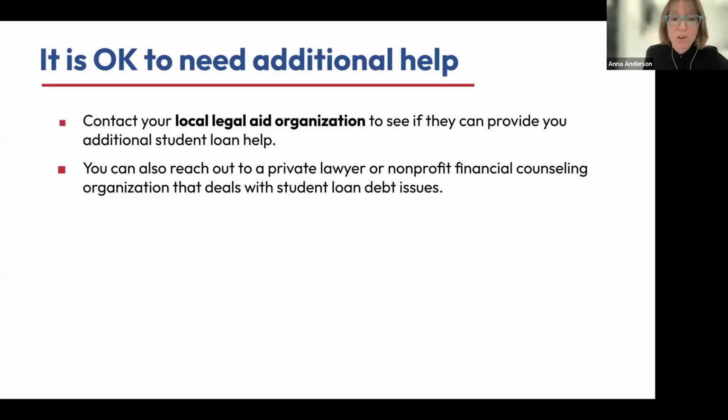And as we said before, the government can collect on this debt forever. If you don't take steps to get out of default or to get your loans canceled or discharged or paid off, they can collect on that debt forever. And it may get harder and harder to deal with over time, particularly if you are retiring. Your Social Security benefits aren't protected here. The government can take those Social Security benefits to pay this debt off. So this is not necessarily something that will get easier to deal with.